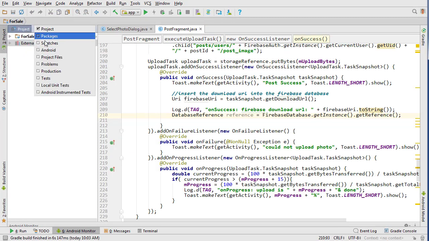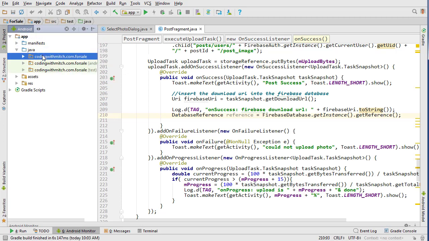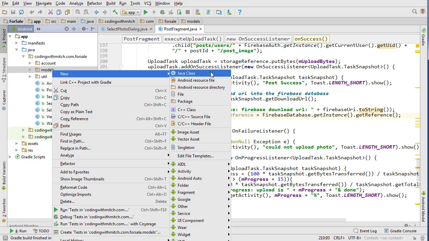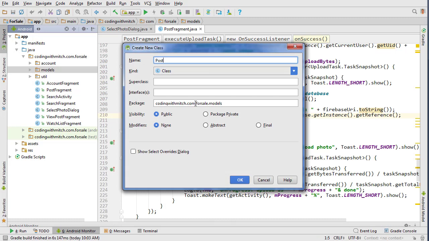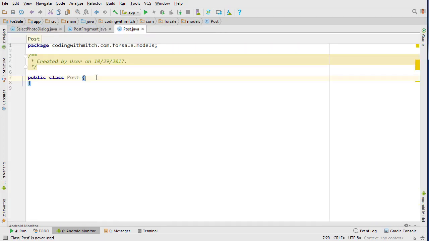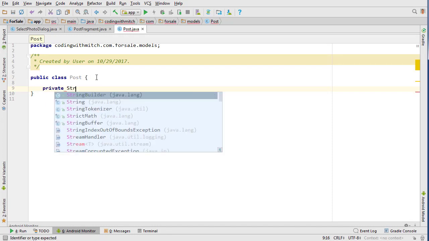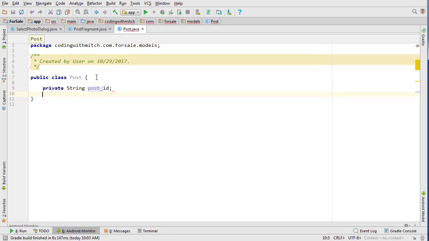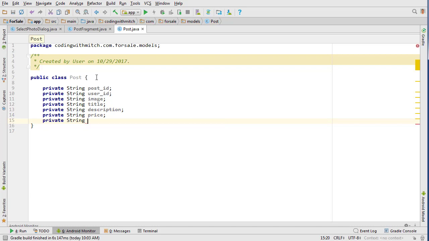Whoops, for some reason I'm in the project pane. Go into the Android pane and go into models, right click, go new Java class, and we'll just call it Post. And inside Post we can create all of our fields. So they're all just going to be strings. One's going to be the post ID, private string user ID. So it's going to be the user ID of the user who posted it, the image path, private string title, private string description, private string price, private string country,